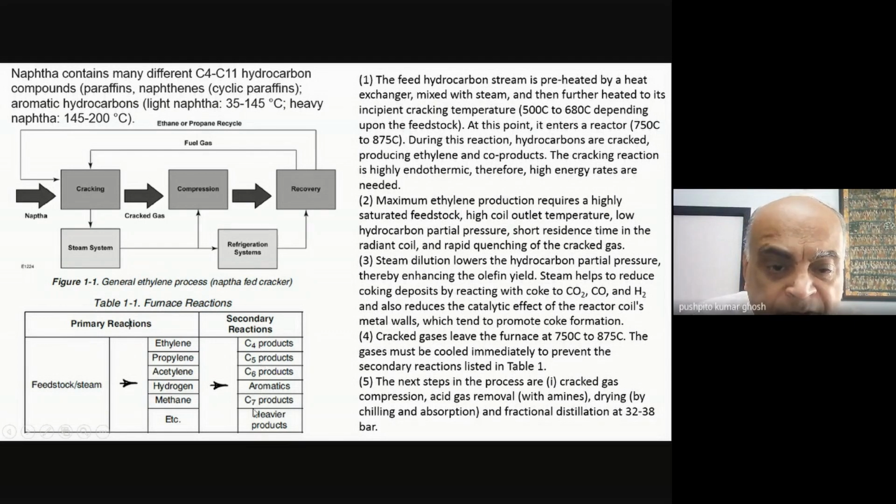All of these products can form if you do not control this process. So how is it controlled? Let's look at a few things which they do. Firstly, you have to remember that it's an endothermic reaction. It requires a large amount of heat to carry out the cracking. Now, typically what happens is that you need to maintain a short residence time so that the further reactions don't